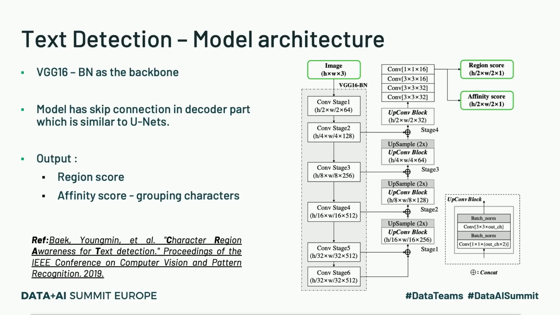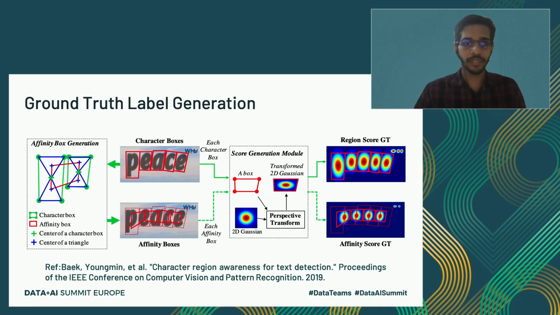Okay, since I told you that segmentation needs a mask, in the training phase as well we need the corresponding image and the corresponding mask for it. Since the text detection model is giving a region score and an affinity score, we need masks for both of these tasks. As training data, we have character boxes with us. As you can see in this image, we have the character boxes for the word PIECE, and for each of the characters we have the detection boxes. So that is the ground truth that is available to us.